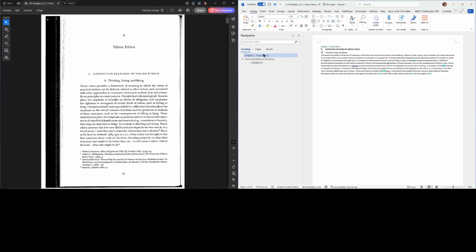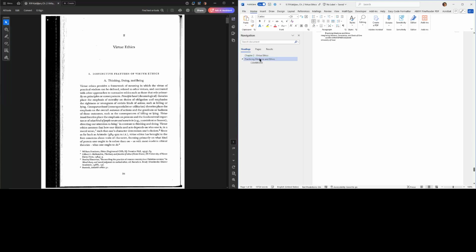So what I like to do to be safe is use this heading structure that ABBYY creates and quickly click through and use my Control Alt 1, 2, 3, 4. Heading 4 you have to set up manually, but use your heading shortcut keystrokes to really quickly convert this ABBYY heading structure into Microsoft Word heading structure.